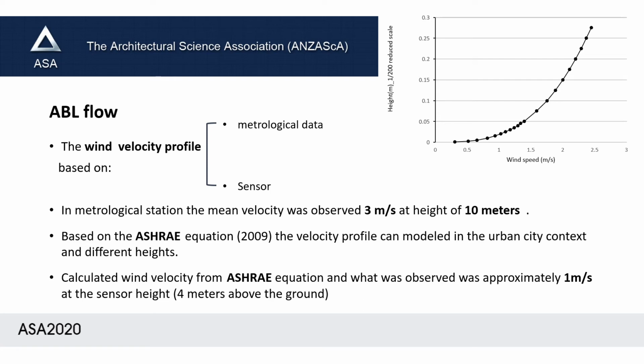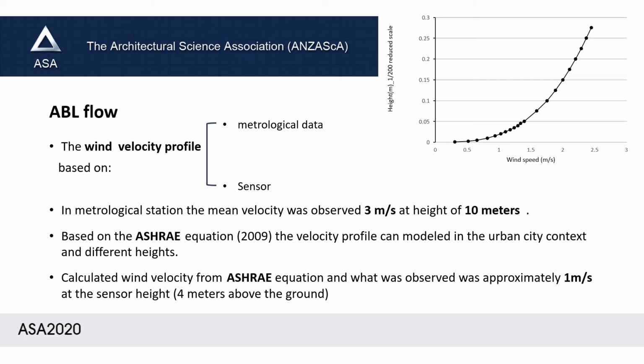Based on the meteorological station data, the prevailing wind has an average velocity of 3 meters per second at a height of 10 meters above the ground. And for modeling the urban space profile, the Ashrae equation 2009 was used. Based on this equation, we can calculate wind velocity in different urban contexts and at different heights. Kashan falls under class 7 in the definition by Ashrae. Therefore, at a height of 4 meters above the ground in the urban context of Kashan, the wind velocity was calculated as 1 meter per second at a height of 4 meters,